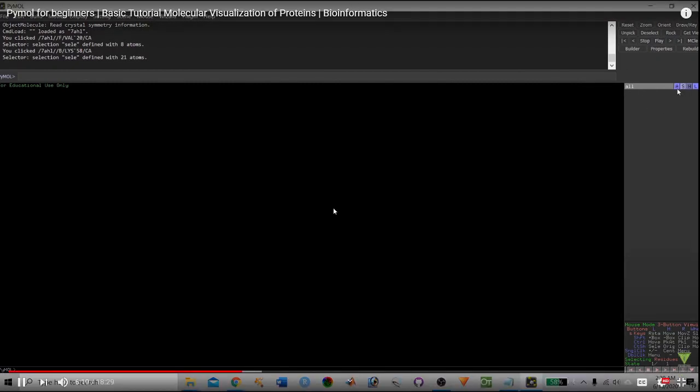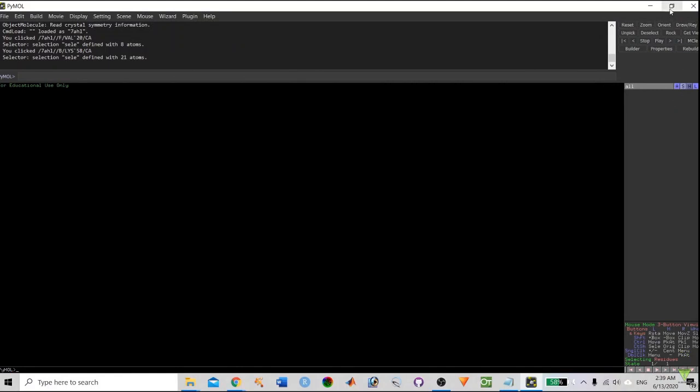The first one is A, meaning action. Here A means action, S means show, H means hide, L means label, C means color. Okay, so these are the 5 different options available, and they are highly helpful for us when we are annotating the protein structure.